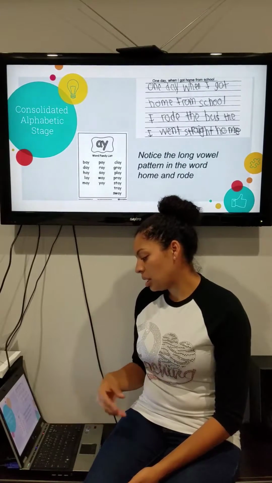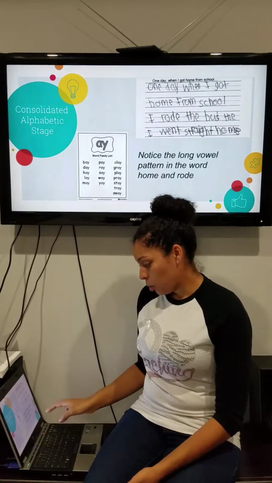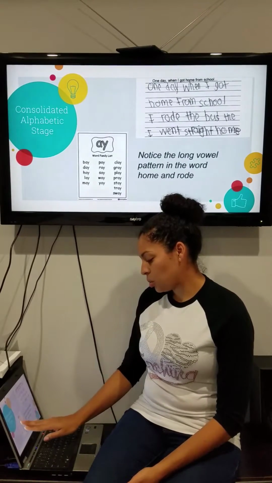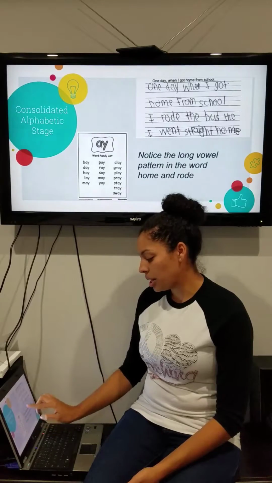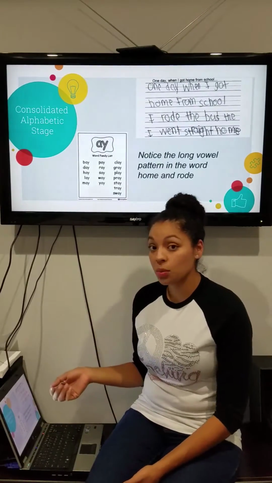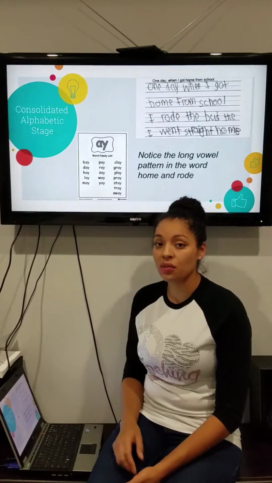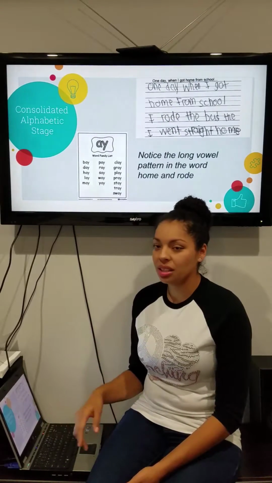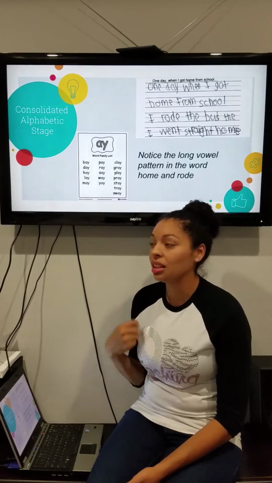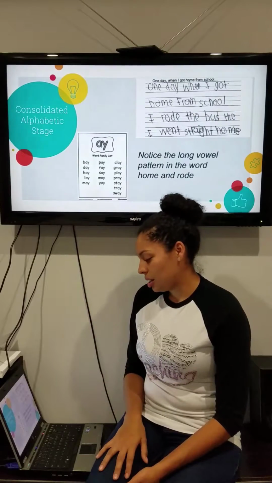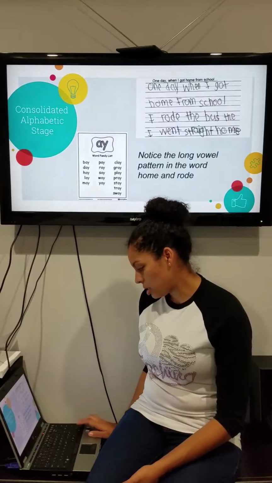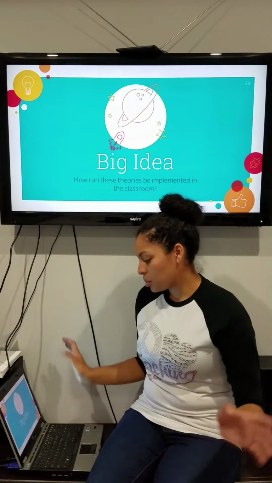You can notice the long vowel patterns with the words road and home. We use a lot of these little charts not necessarily to memorize, but just to notice these patterns while they're reading, and it's just easier for them. Like when they see the AY at the end, and they know play is a sight word, then if they can read play, they can read day, and they can read May. Those are some of the patterns that they begin to notice when they're at this stage.